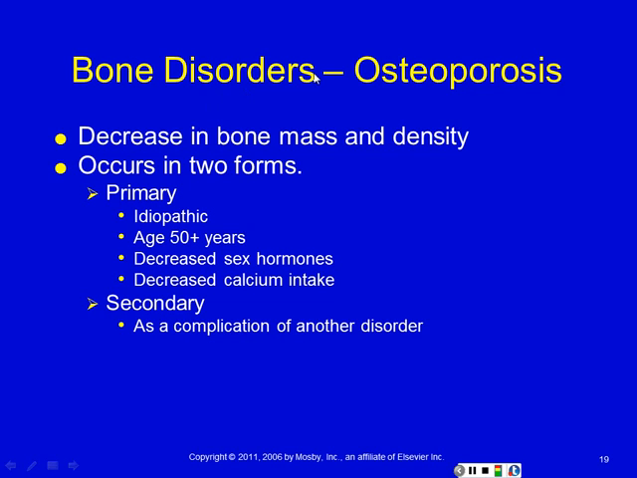All right, so past the fractures and into actual bone diseases, not traumatic events. Probably the most common clinical bone disorder in the country is osteoporosis. Now, what does that mean? It's a decrease in